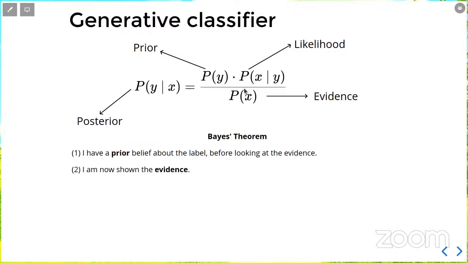Next, somebody shows you the evidence. So you show the machine the evidence that, you know what, this is some image that I'm going to give you, right? So that is P of X. That is what we call evidence. So the next step is